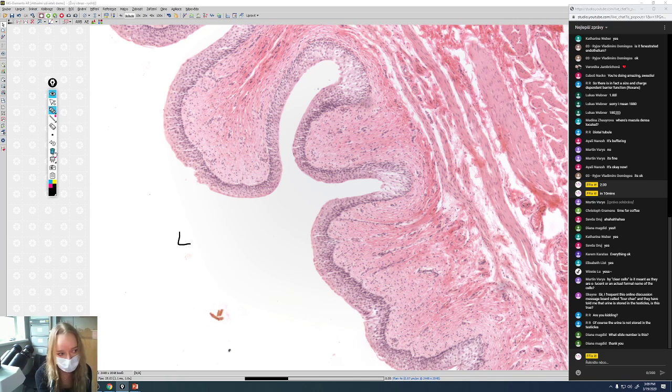And the situation is going to be the same. We have also the mucosa, the muscularis, and some parts contain